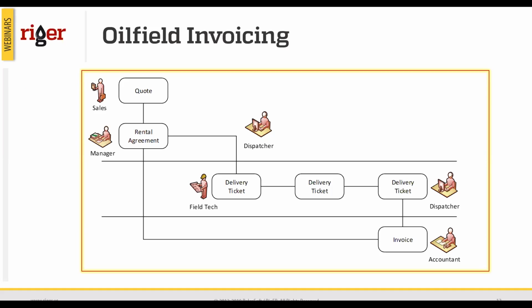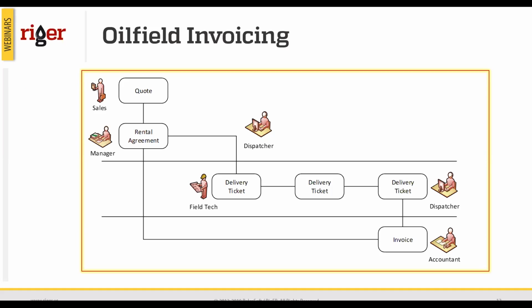So you can have as many tickets per one rental service agreement, meaning one job, as you may have. And your operations and your unit numbers, asset numbers, and the particular services quantities are tracked within the tickets. Then once everything is completed and all the tickets are signed by the company representative at the site, this information